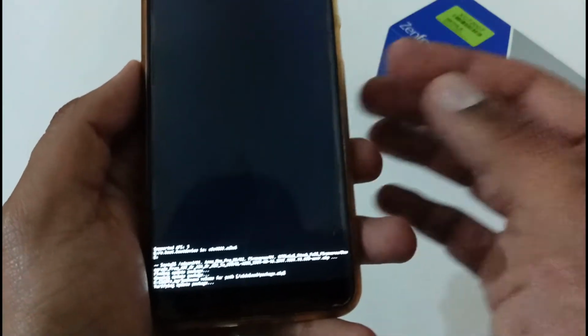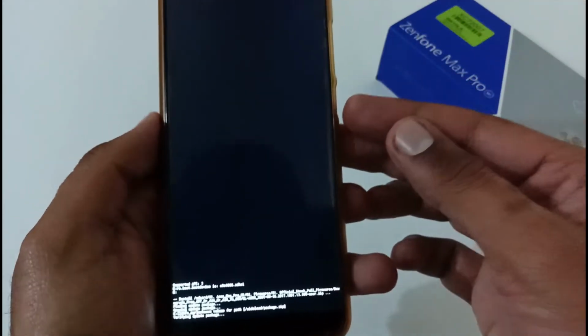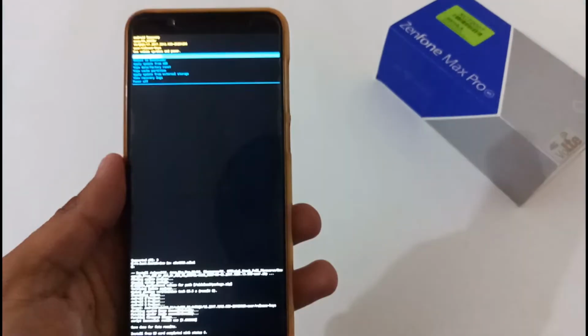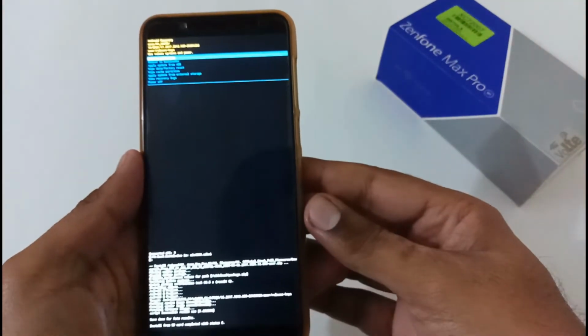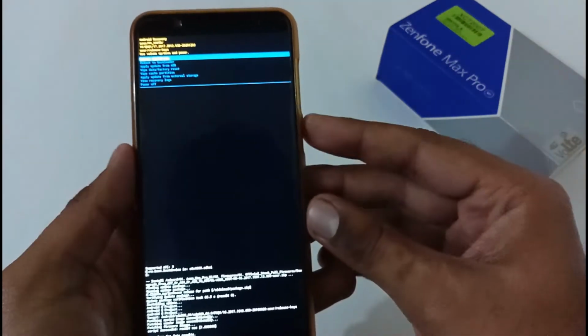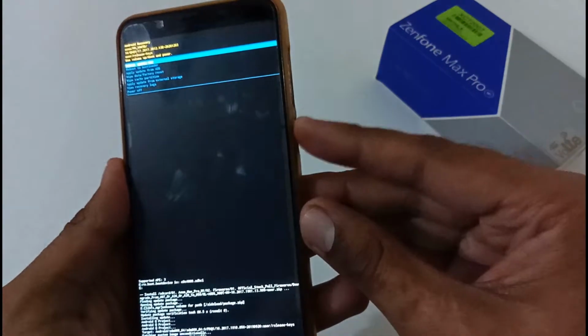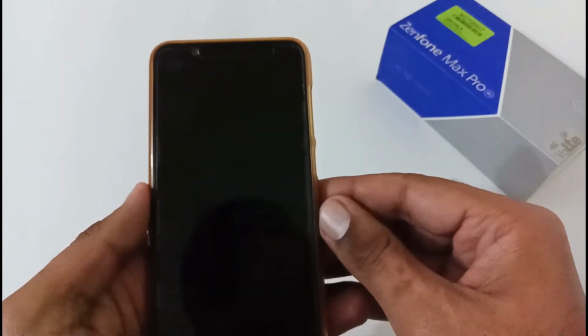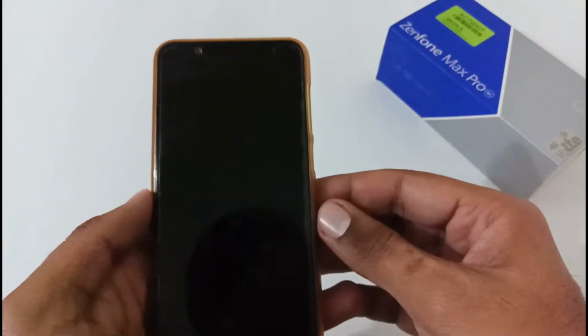Once this is done, it will prompt us to reboot the phone. So let's wait till this particular process is completed. Finally, step 1 of the downgrading process has been completed. Now let me reboot the system by pressing the power button, because the reboot system now option is already selected, and I'll be discussing why we need to take a backup and why we have to follow step 2.